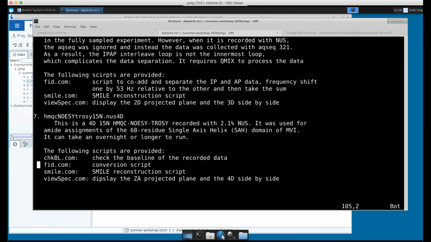We're not going to run this. I just want to show you to include this data as a completer, because if you run NUS, more likely you'll get this 4D at some point. So you see how I do this thing for the 4D reconstruction. Okay, that's all I have for the example. And let's see, we'll